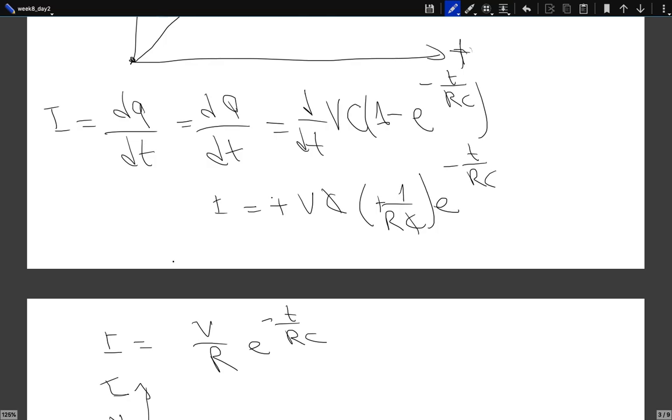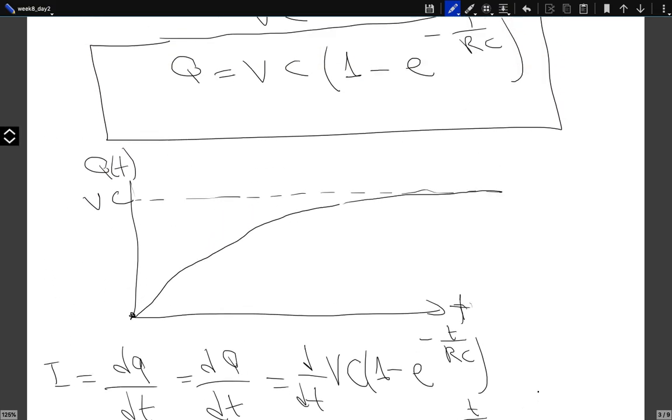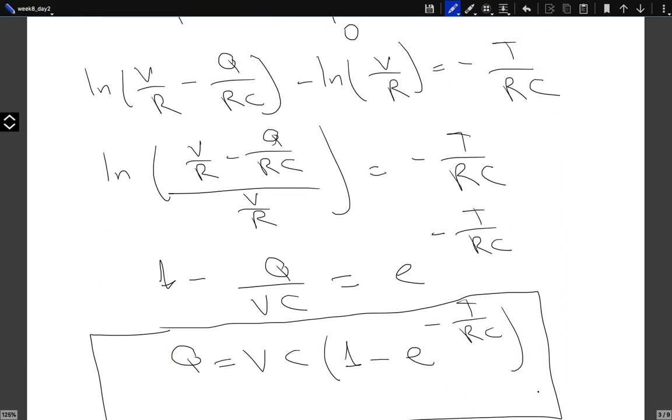This RC is sometimes denoted as tau. It is called the time constant. It essentially determines how fast you can charge or discharge your capacitor. You see, when you are charging the capacitor, if the